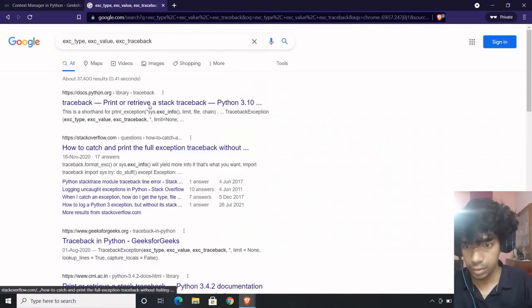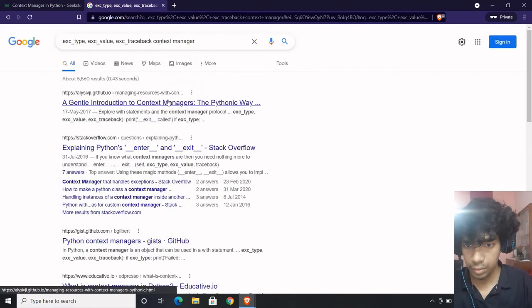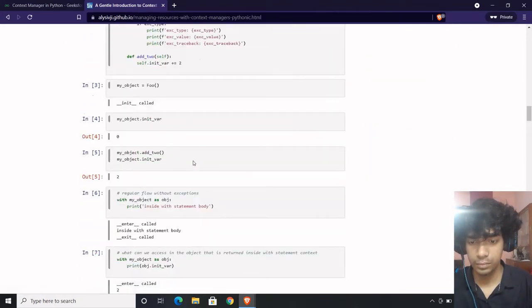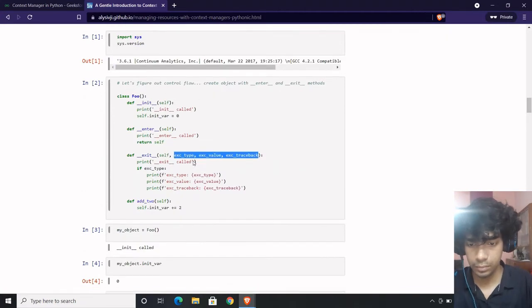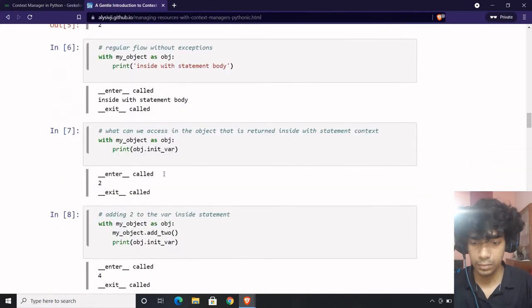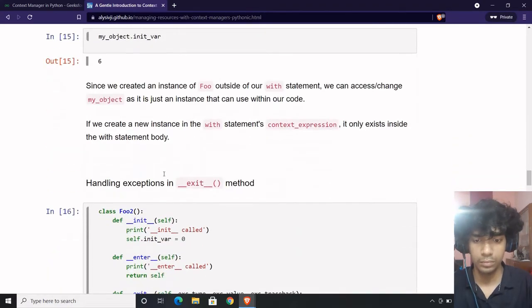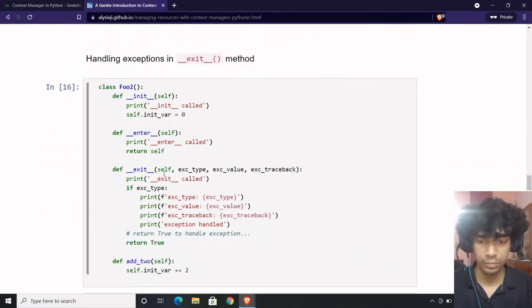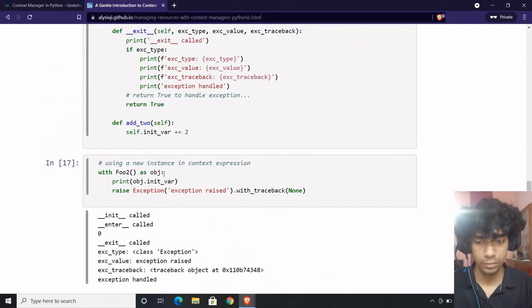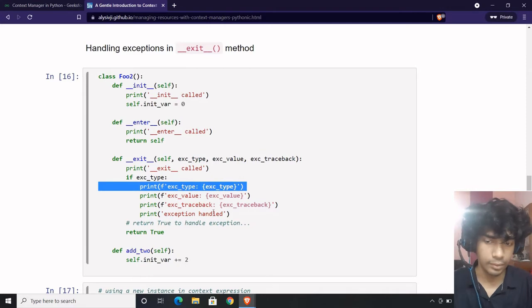let's search context manager. So this is execution type, execution value, execution traceback, and that's what this call is about.